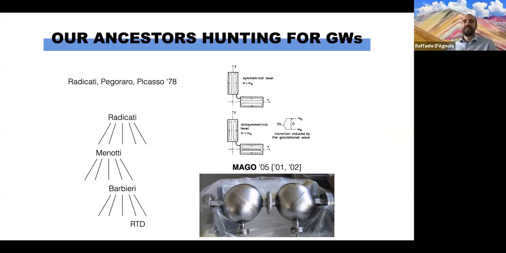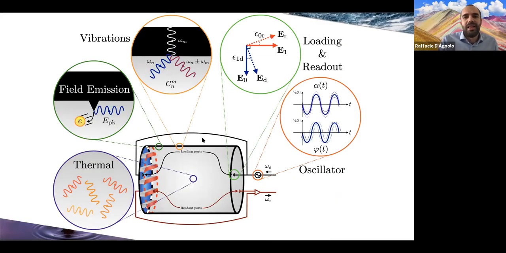As I mentioned at the beginning, this kind of idea was already proposed in the 80s, and the original collaborations went all the way to building a prototype in 2005 called MAGO. It's the cavity at the bottom of my slide. And this was very useful for us because they already made essentially 99% of the noise measurements that we needed. And we can just use their numbers to estimate our backgrounds. And as you can see, this is technology from more than 15 years ago, so our estimates are going to be conservative.